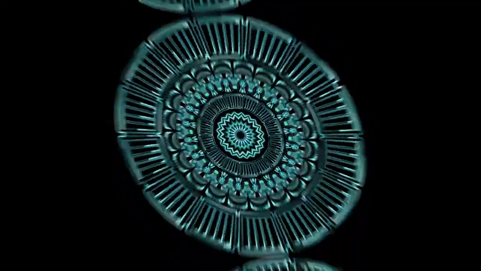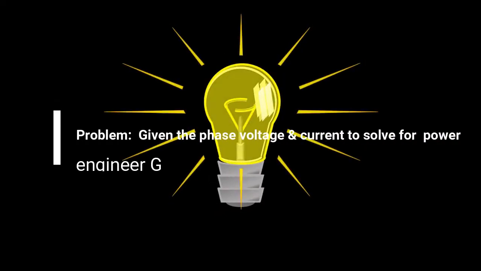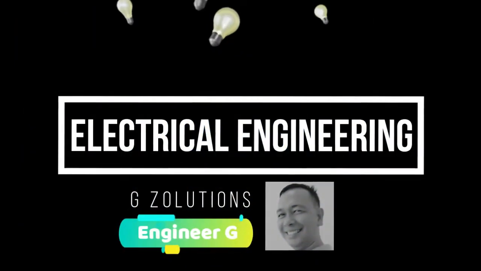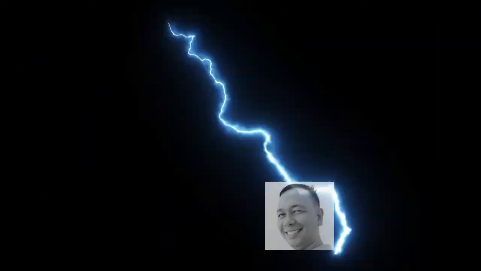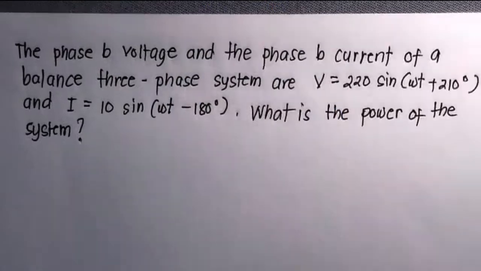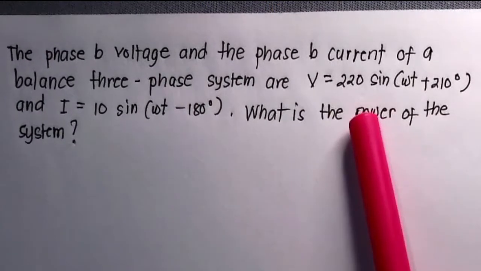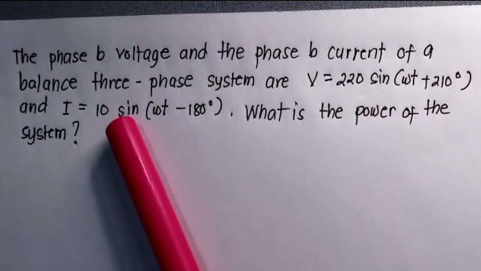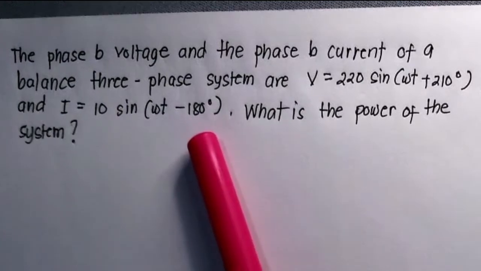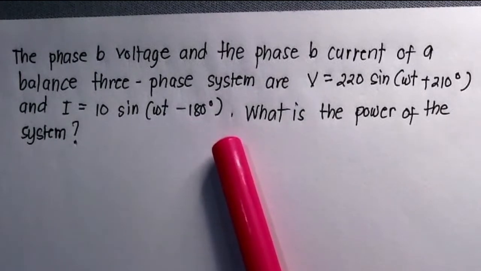Again, let us have this problem involving the phase voltage and phase current. The value for the phase voltage is 220 sine(omega t plus 210 degrees), and the current is 10 sine(omega t minus 180 degrees). Okay, so we can actually